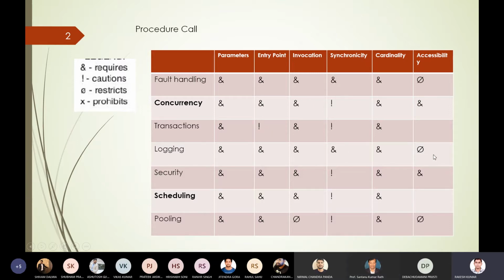Similarly, we can see the entry here, logging with accessibility. This is of restrict type, means this combination is totally invalid. We can't use this, and it is not advisable to use.